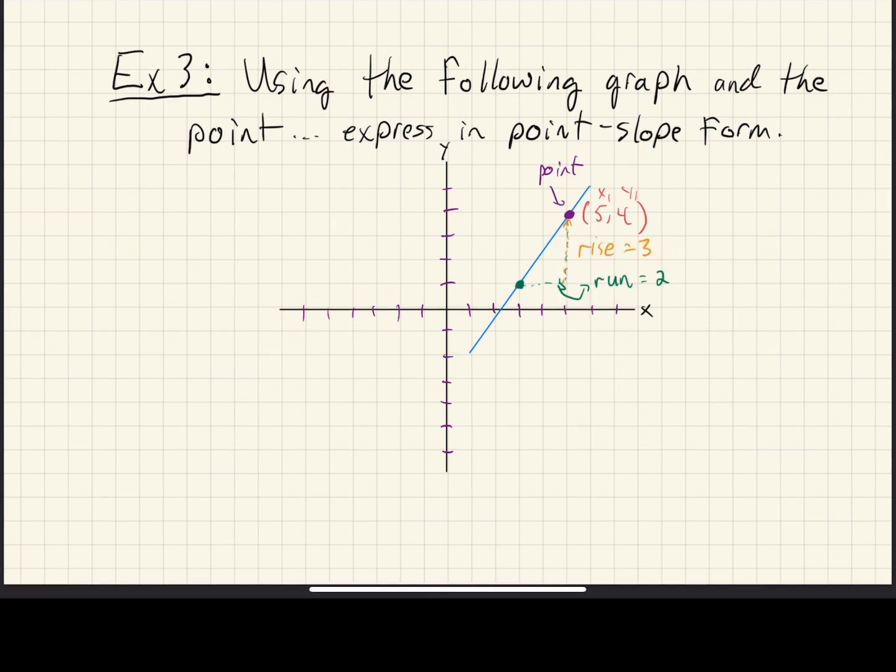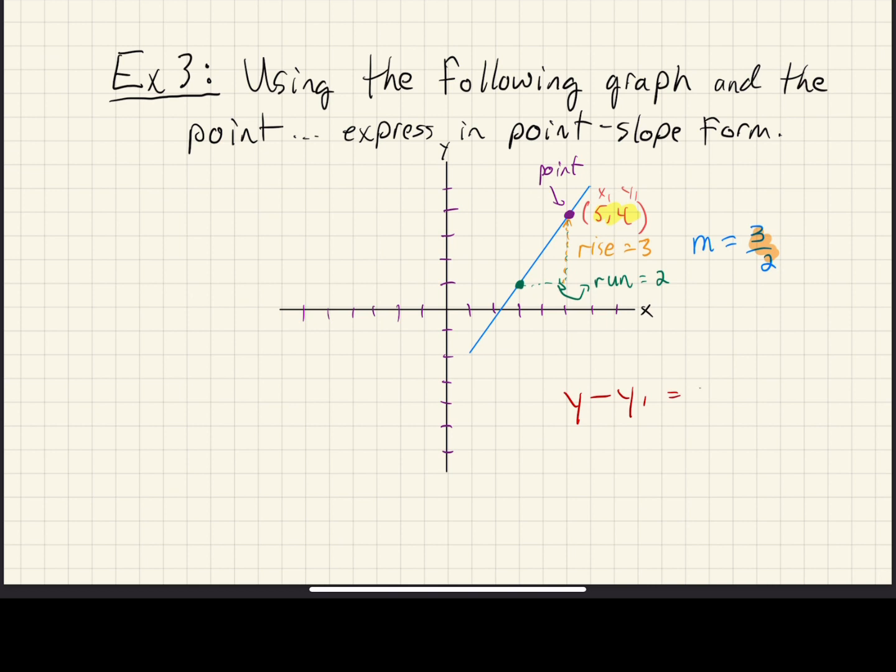So using the rise over run, I can see that the rise over here, from the green point to the purple point, remember we read from left to right, the rise is 3 and the run is 2. So our slope is going to be 3 over 2. So now I have this slope over here and I have the point. So using that, we can convert it